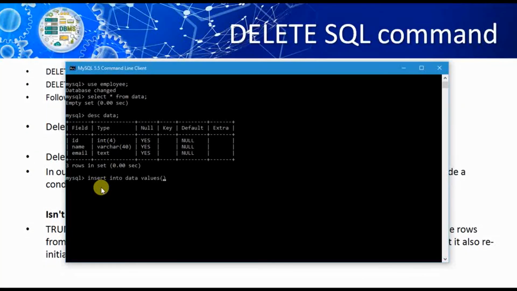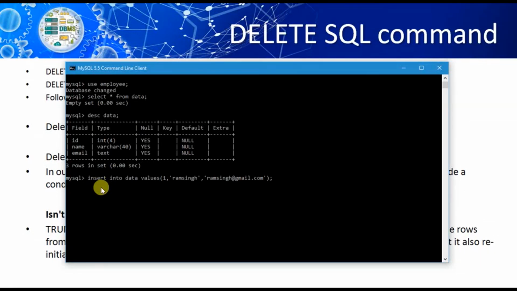Now ID is one, I am taking first of all. Name is Ram Singh and email ID is ramsingh@gmail.com. Terminator, wait a minute, I hadn't closed the single quote.